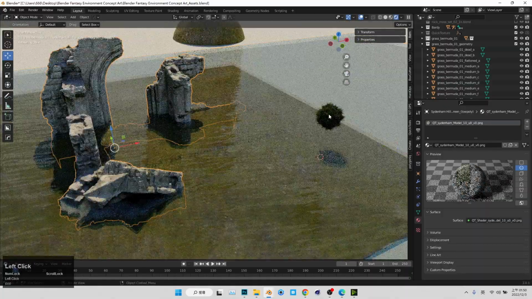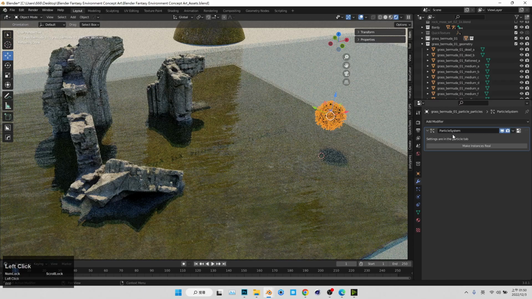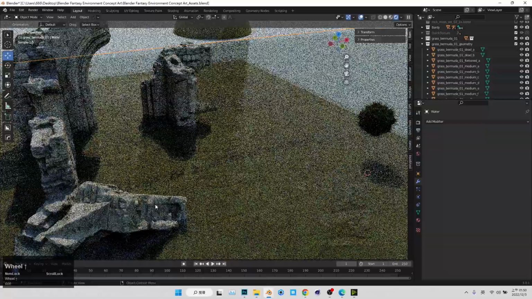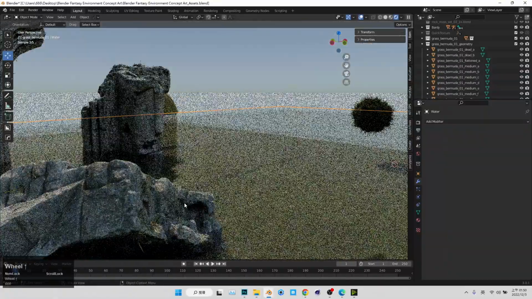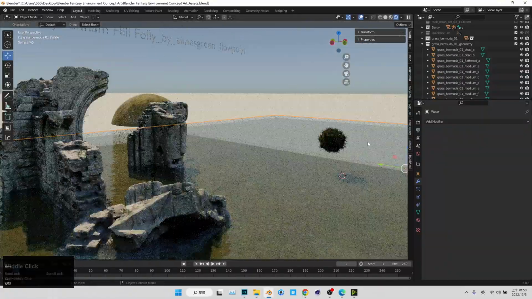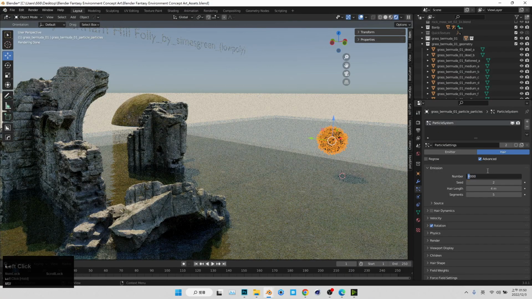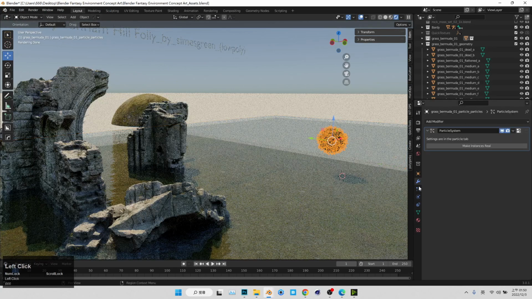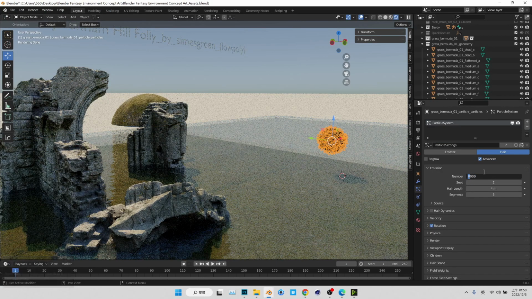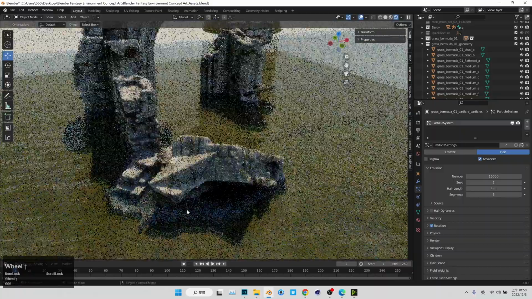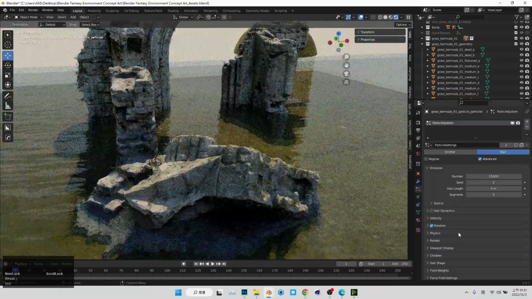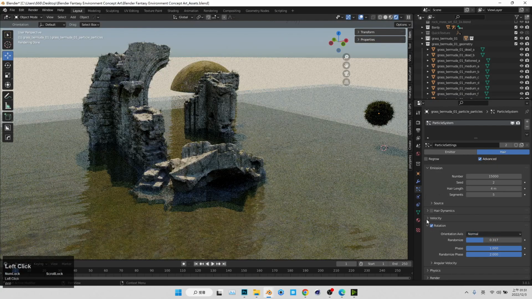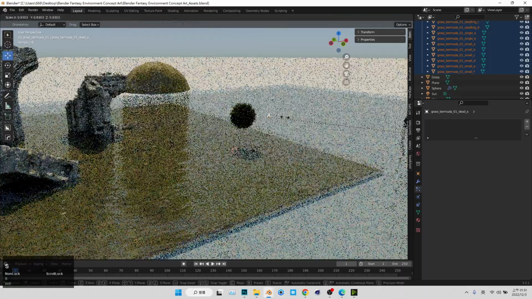We click the model that we want to scatter the grass on, and we press Ctrl+L, link, and choose Copy Modifiers. And yes, of course, now the density is too low, so we can only see a few grass. I also tweaked the normal setting to make the grass